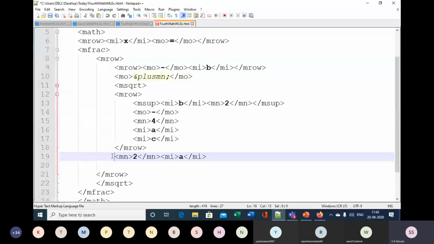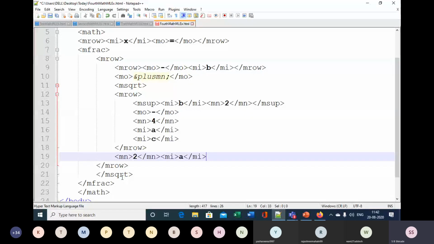So this m row is closed over here, and this m square root should be closed after this 4ac. So therefore, put this over here.